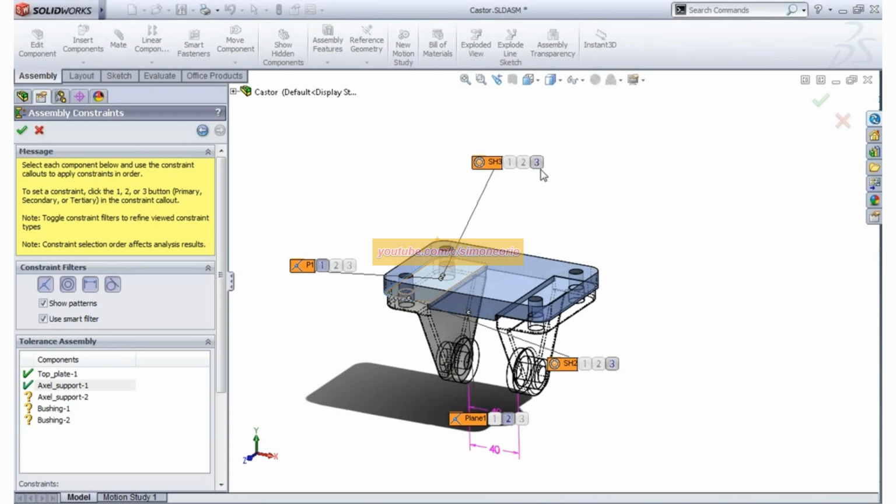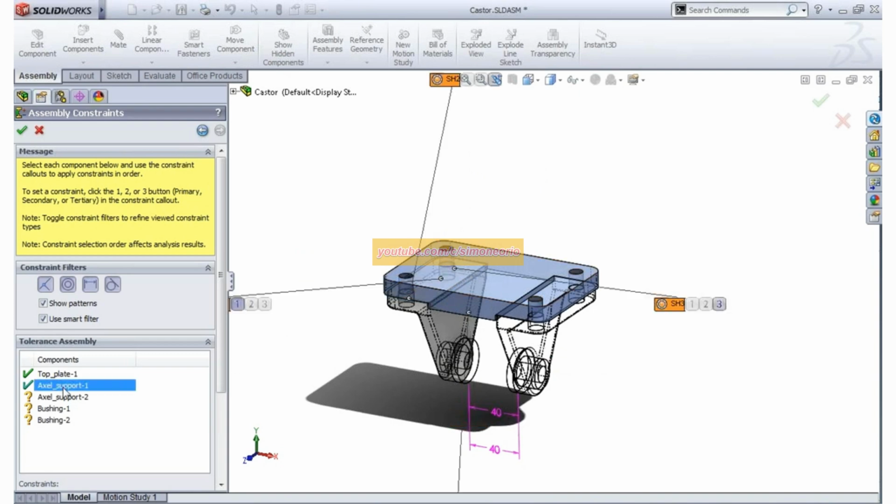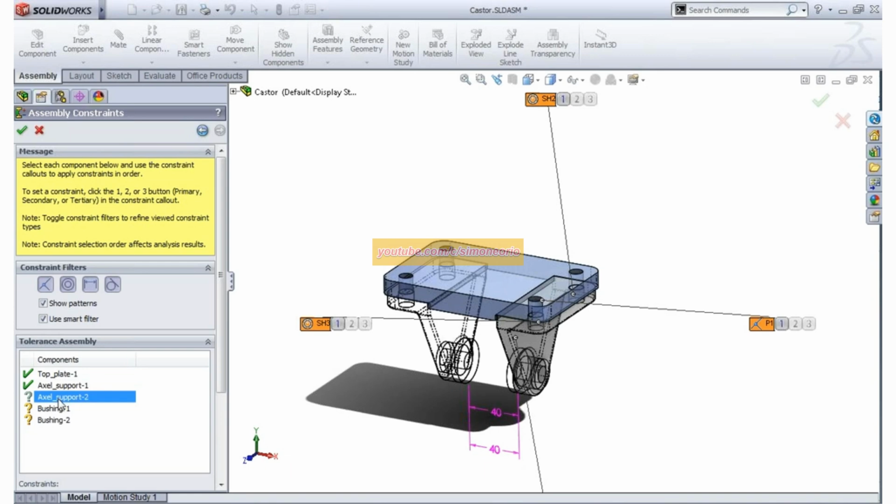And you see they both go as 1, and I don't have to actually pick number 3 because it's guessed that automatically. It also puts a check mark in the tolerance assembly area for that axle support, telling you you've achieved full tolerance, or full constraint setup. So I'll pick the next item here. You notice you can cycle right between them all. I'll do the same thing for this one.